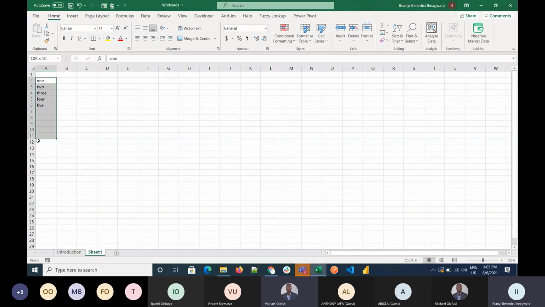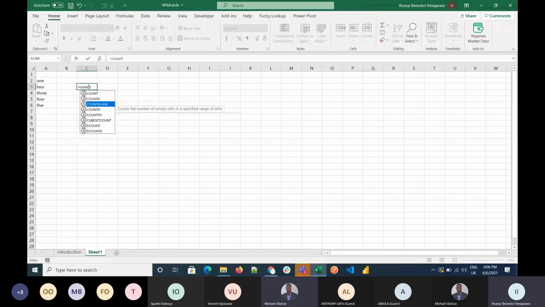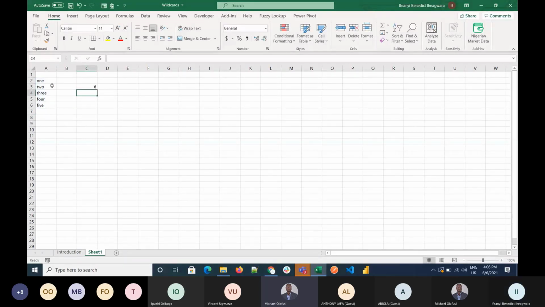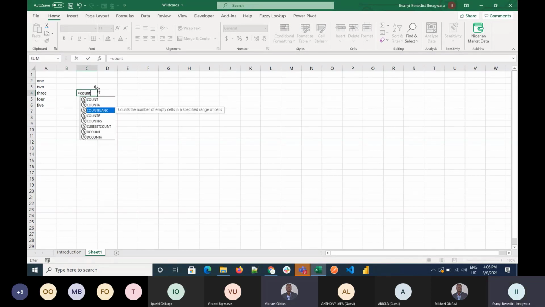normally we use COUNTA to find the number of cells that are not empty. If we drag this down, it shows us 6. But if we use COUNTIF instead,